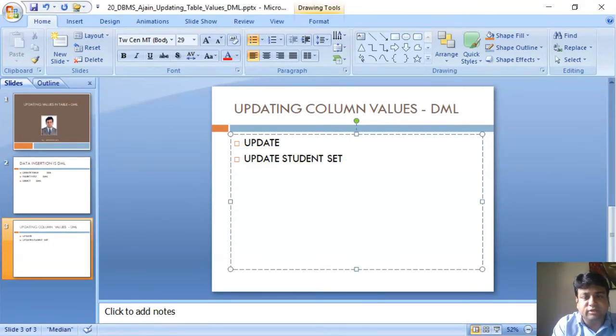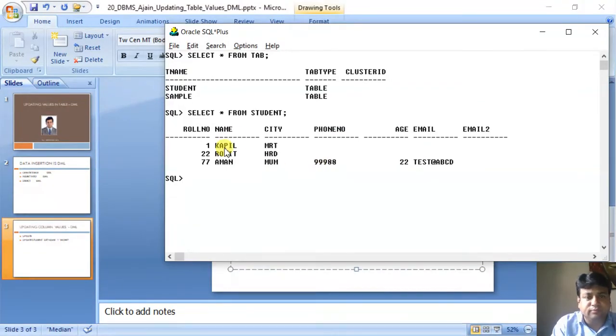Now you need to specify the field. Set name equal to, suppose, anything, Mohit. Let me try this command here. Now suppose, let us do it on email.